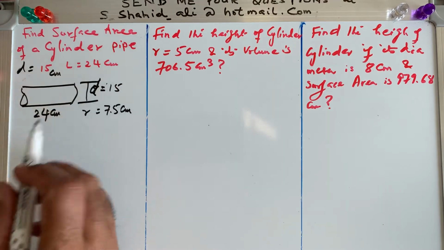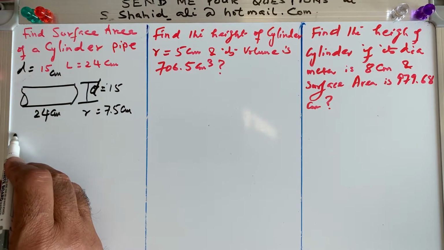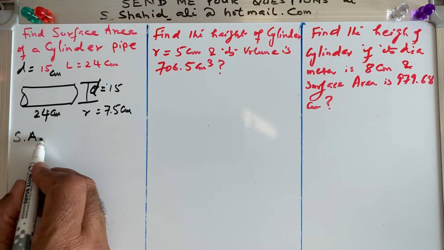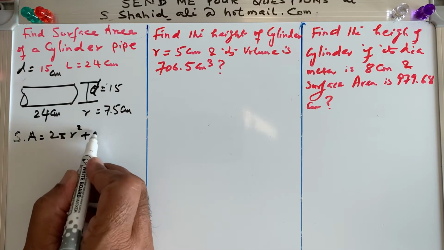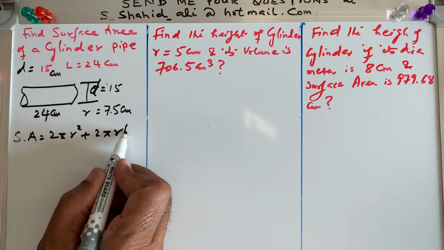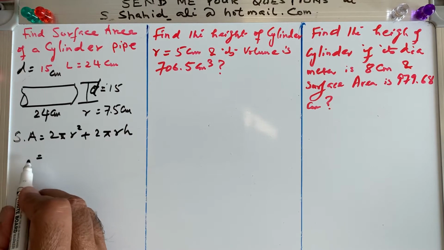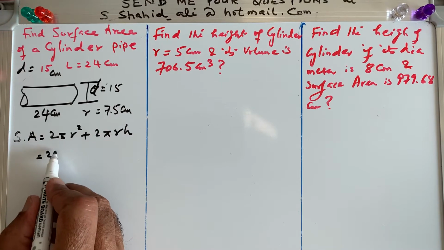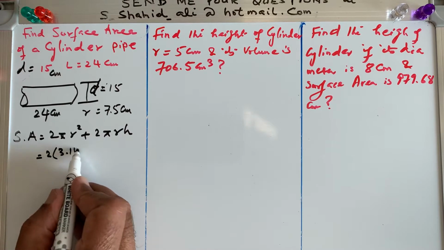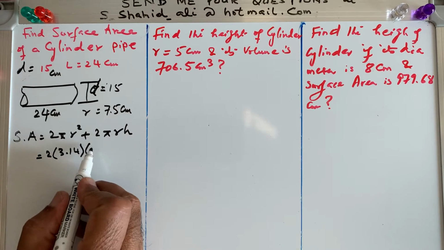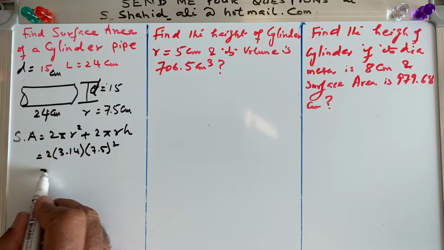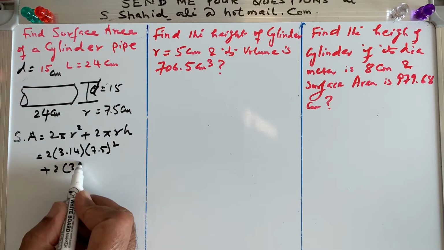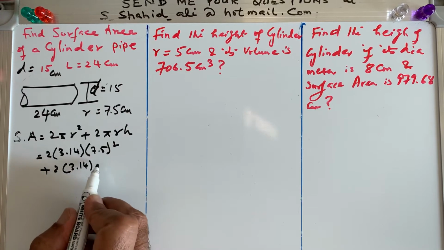length is 24. So we remember from our last lecture that surface area is equals to 2 pi r square plus 2 pi r h, right? So we have 2 times 3.14 r square, r is 7.5 as we said earlier, plus 2 pi 3.14 times